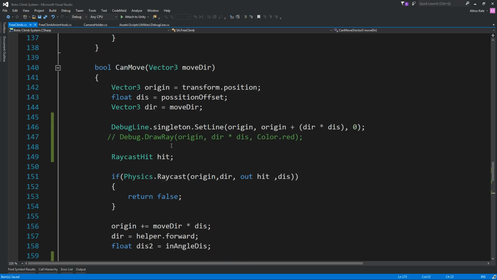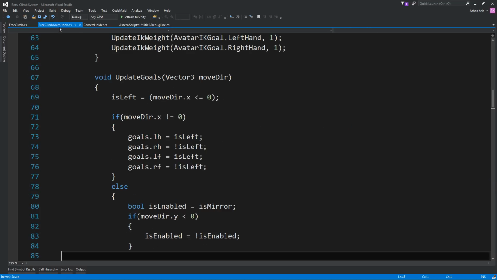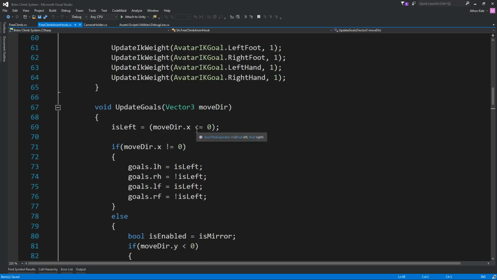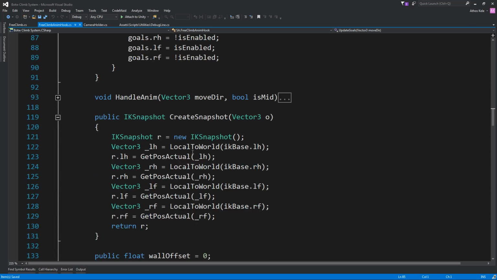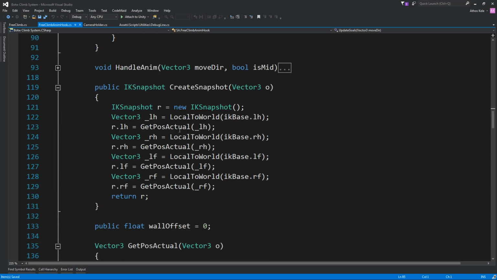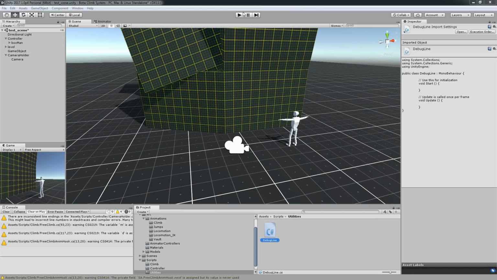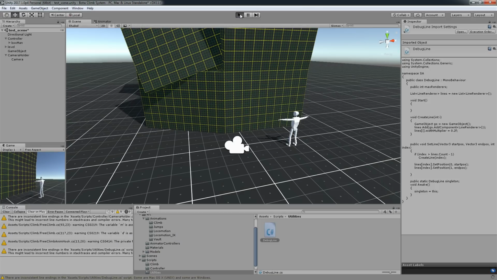I think these 3 should be enough. I think we also have a few more on the free climb animator hook. There are a few things we have to also fix in here. We'll see them in a bit. So let's test this.